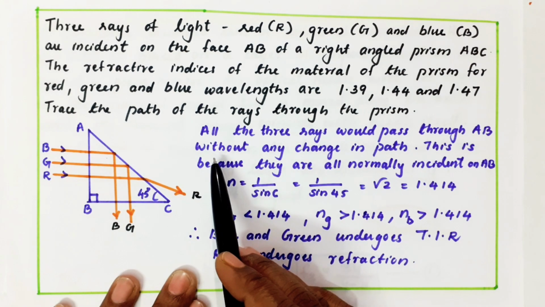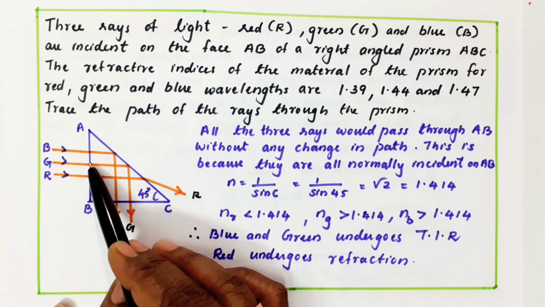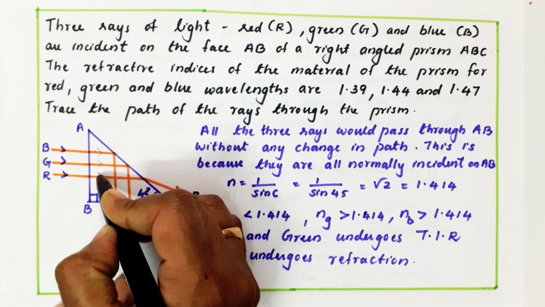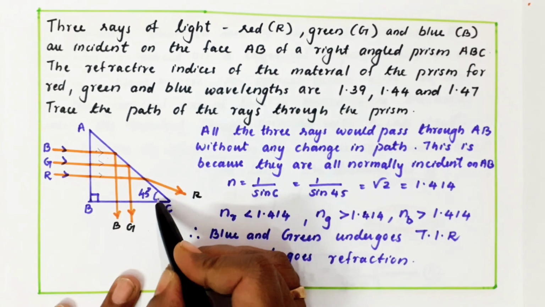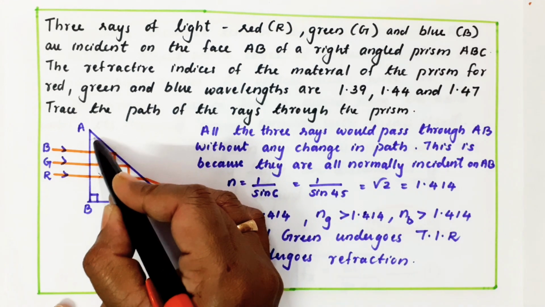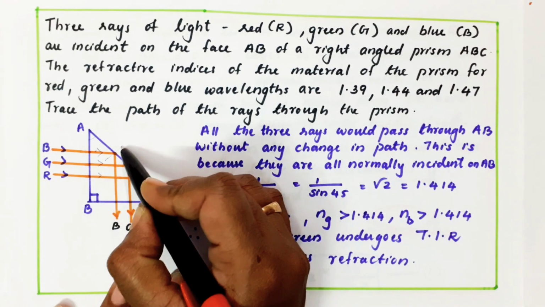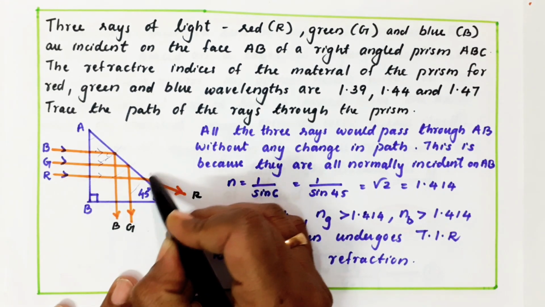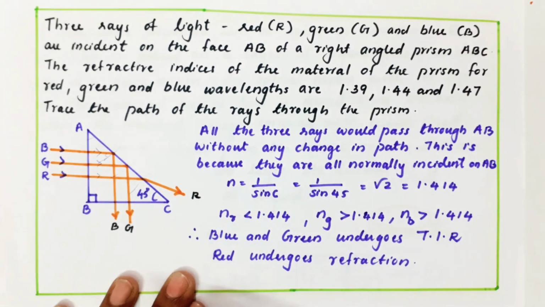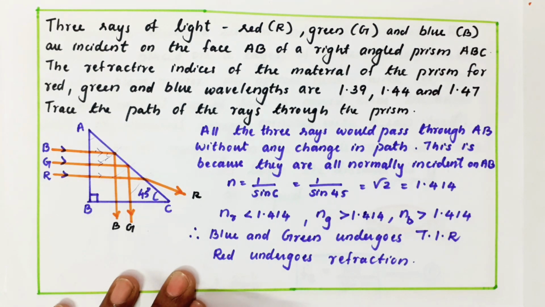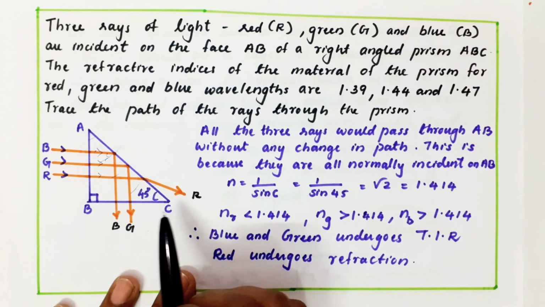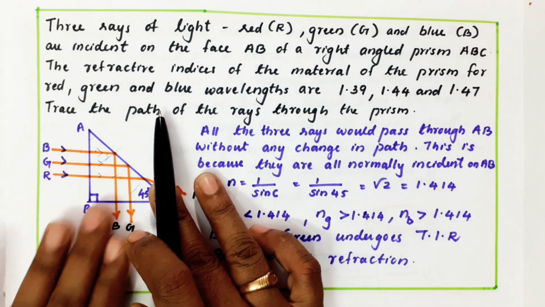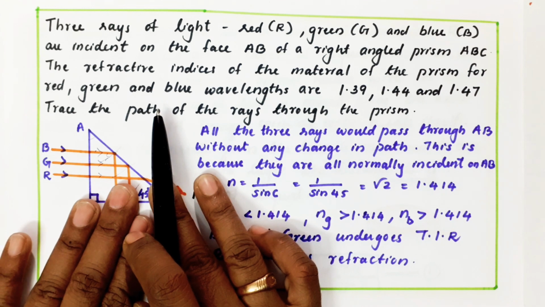So what you should do is, this is a normal incidence. Normal incidence means light will go as normal only. After this, it will be incident here. They gave here 45, so this also will be 45. So if you draw a normal, you can tell that for all the three light rays, the incident angle is nothing but 45. So first we have to draw only the angle of incidence, nothing more. Okay, only angle of incidence.